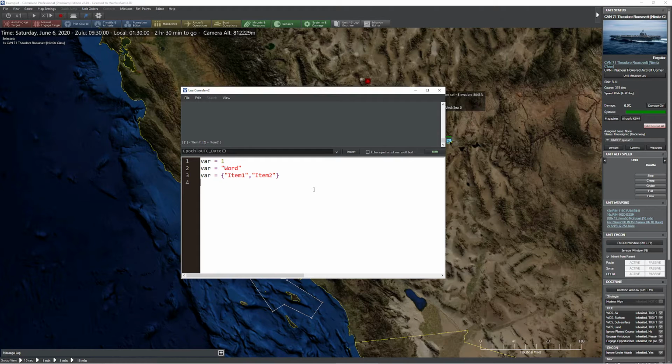Keep in mind that all variables also have scope, which is basically going to define where they're used and how they are stored. Making a variable a local variable is simply a matter of typing out the word local in front of it. Anything that is local is only going to be used for the duration of the activation of that particular script. So in this particular case, if we want to create a really basic loop,